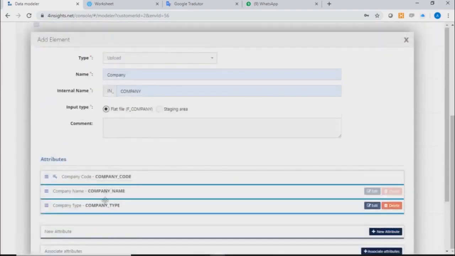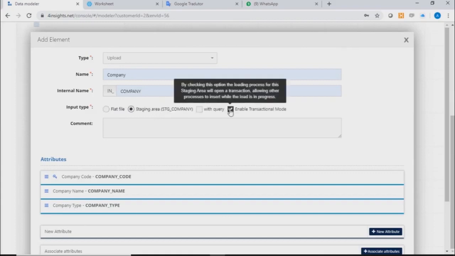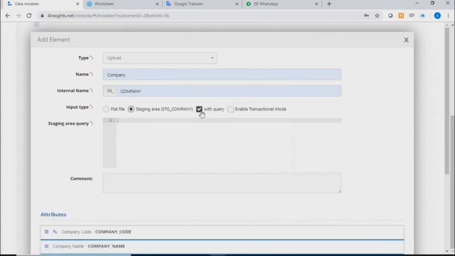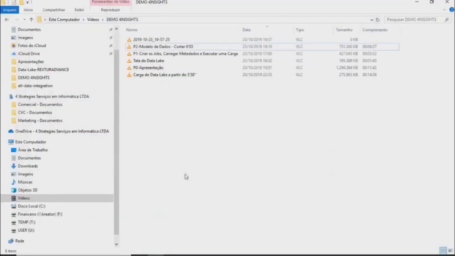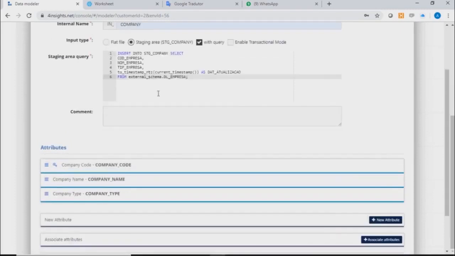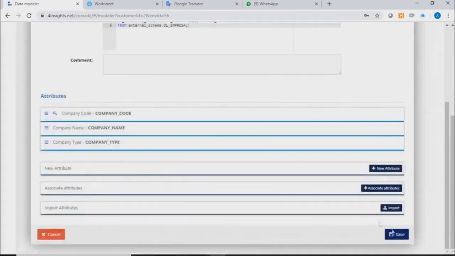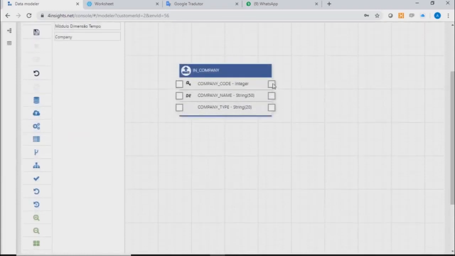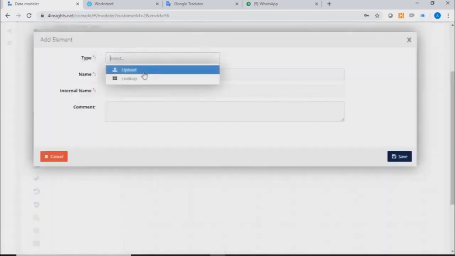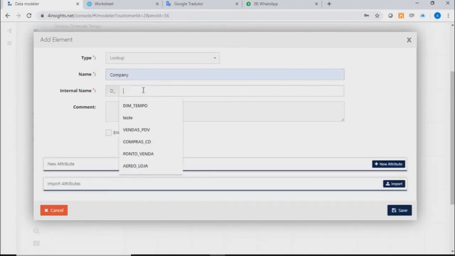After I include the dimension attributes, I need to say if it will be loaded by the flat file. I don't need to do anything. Leave this option checked. If I want to load it through the data lake, I mark this option. I can or not enable the option in transactional mode, and I say that I will inform a query. I already have the query here recorded. I will simply paste my query here and save the MyLookup, my upload table,